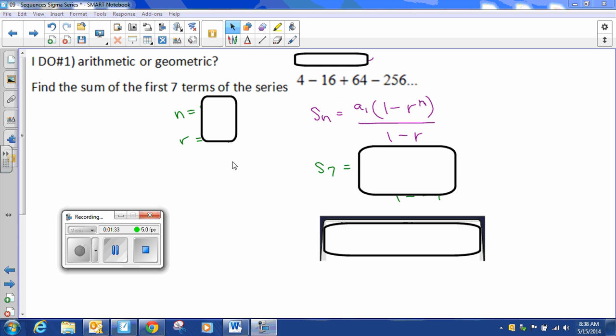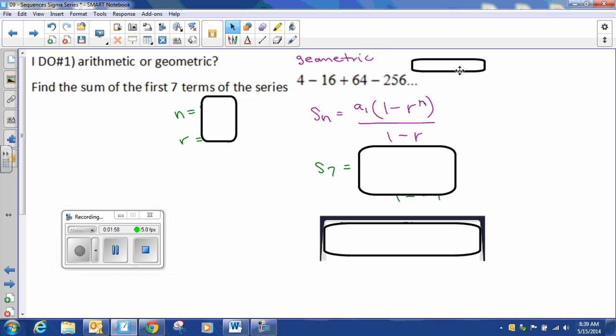Example 1. Find the sum of the first 7 terms of the series 4 minus 16 plus 64 minus 256, and so on. As you see, you always must identify whether it's arithmetic or geometric first. Now we can see that this is switching from positive to negative. That must be geometric, and we're actually multiplying by -4 each time to get to the next term. So we know that our common ratio is -4,